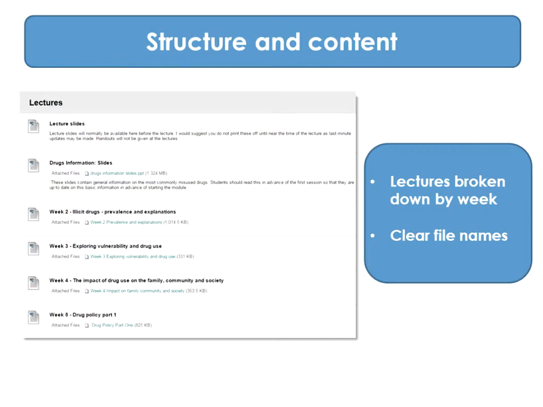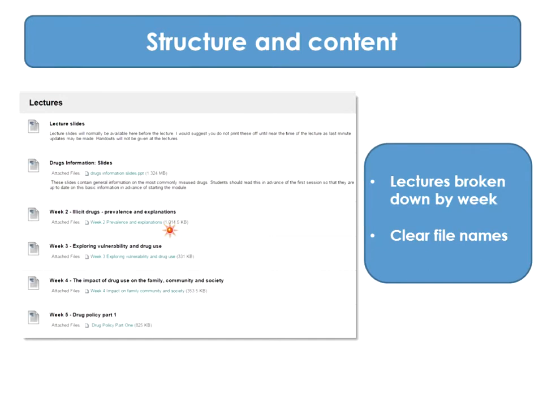And as you can see, this is another screenshot from that example site that we were talking about. So in that lectures section, you can see it's clearly broken down week by week. It's very clear which number week it is and the topic. And the clear file names as well. This is something that is excellent for everybody concerned, because if you've got any students that are using screen reading software, if they've got a visual impairment, if your files are labelled really clearly, then their screen reading software reads out exactly what that is,